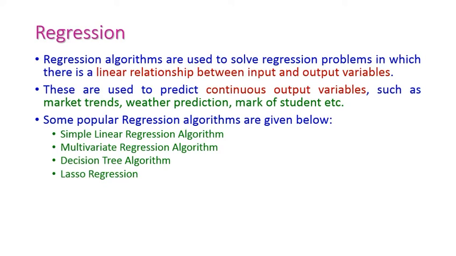The second type of supervised machine learning is regression, and these algorithms are used to solve regression problems. That means it finds the linear relationship between input and output variables. Okay, so linear relationship, there are no classes here. So classification is very easy when compared to a regression problem. Here the relationship is linear, right? That is, it is used to predict the continuous output variables